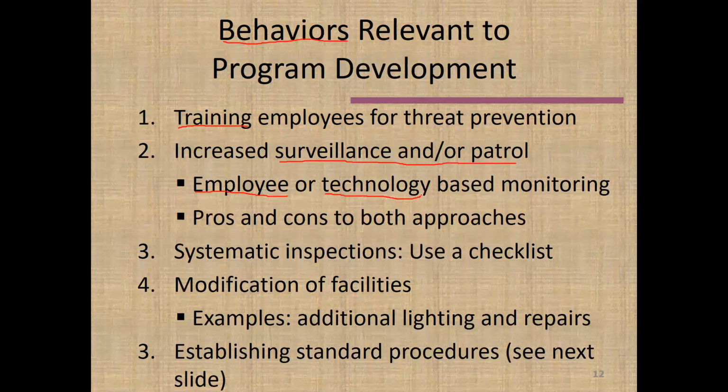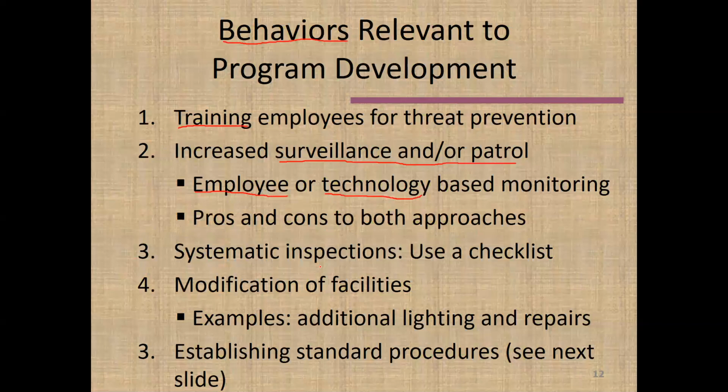You definitely want to consider lots of different tools, and you very possibly will end up using a combination of a human being monitoring and technology monitoring. You want to have some kind of way to inspect your program to see how it is working. The textbook has a long checklist, about 3 pages long, of things that you may want to have in your particular facility, where you have somebody go through on a periodic basis. Some of the items are going to be daily, some weekly, some monthly, some annual.